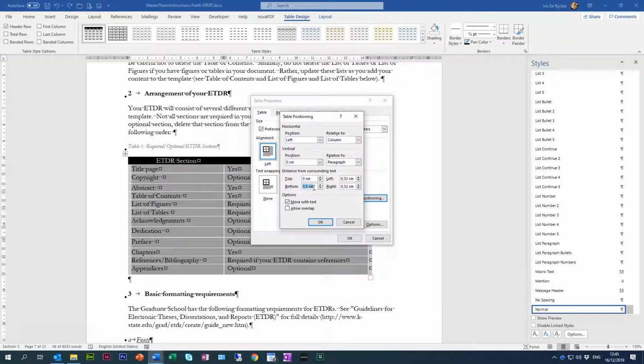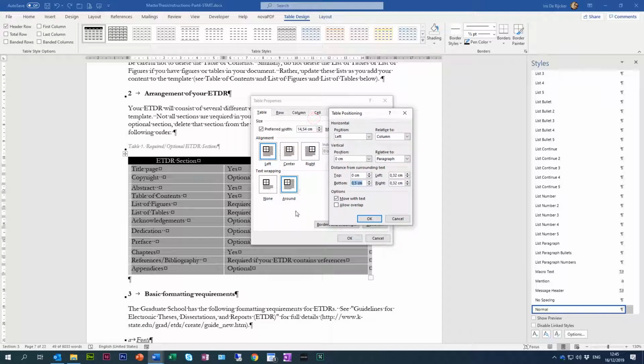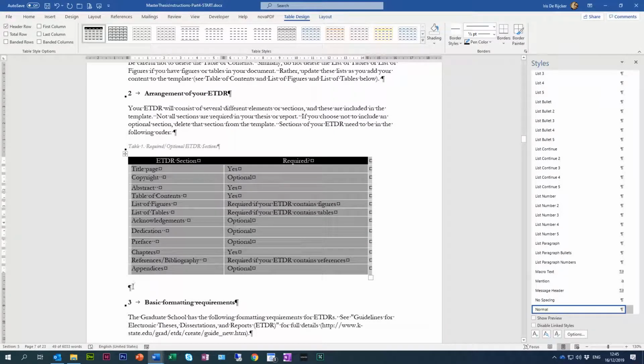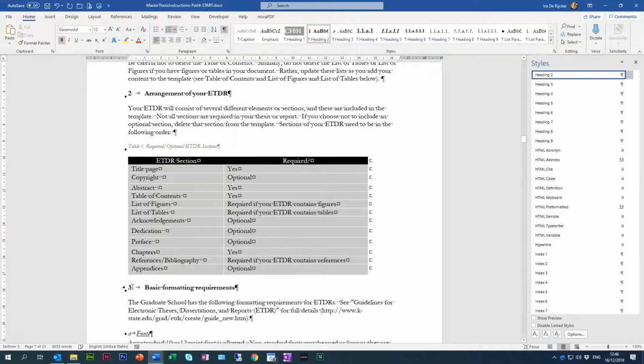below the table. But as we have set the text wrapping to around, this means that the text may actually also appear to the right of the table, which we don't want, because this table does not cover the entire width of the page. So to make sure that the text will not go to the right of the table, we will set a distance from the text to the table. Let's say, I think about 3 centimeters will definitely be enough. Click OK. OK, and now you see that the space has been added, and now we can safely delete this